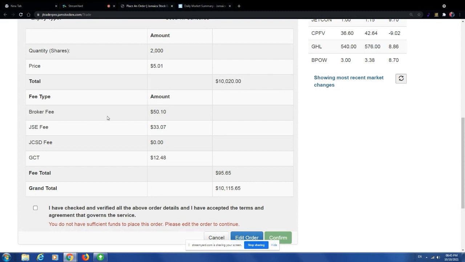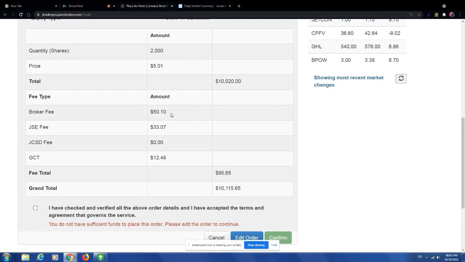The broker's commission is multiplied by the value of this trade as well. So in this case, my broker charges 0.5%. So this is the commission that I'm charged at 0.5%. If it was 1%, I'd be charged $100.20. If it was 2% commission, I'd be charged $200.40. So having a broker that costs you less in terms of commission with JtraderPro does matter, because those cost